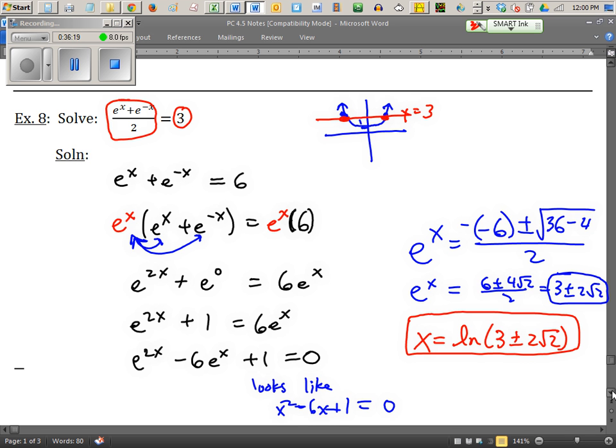So I'm probably going to need to check my work, because there's my 2 solutions. But I would probably want to make sure that this is positive. This is a log after all. This should be a positive input. But 3 plus 2 root 2 is about 5.8. And 3 minus 2 root 2 is positive. It's just like 0.2. It's close to 0. So I'm comfortable with my answer. And this is very hard to check, so I'm not going to check it. But I trust it. I know there's supposed to be 2 answers to this problem. And I got 2 positive answers, or 2 real answers. So we're good. All right, so that's the end of that. And you guys now